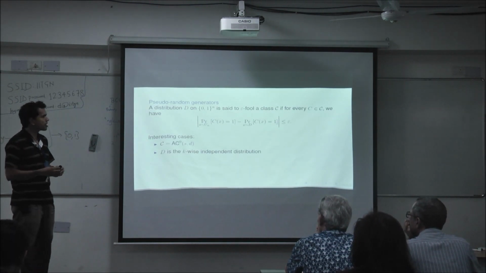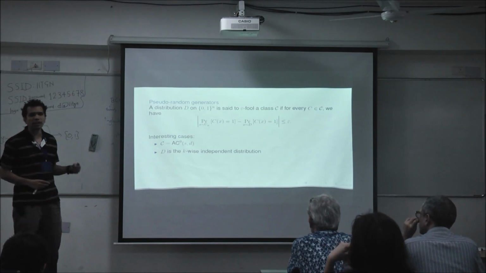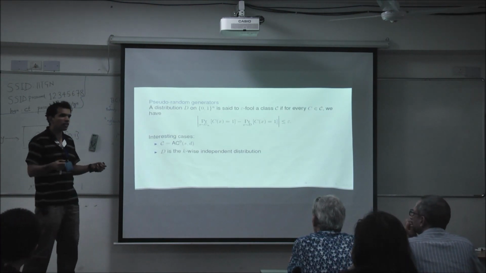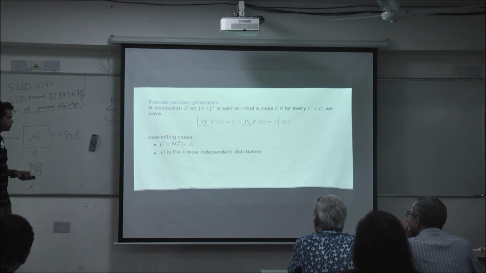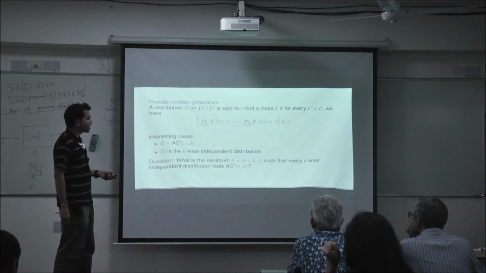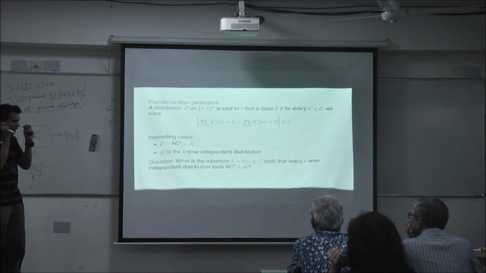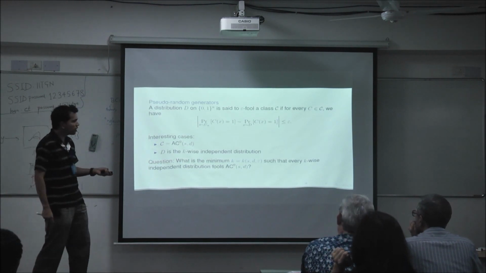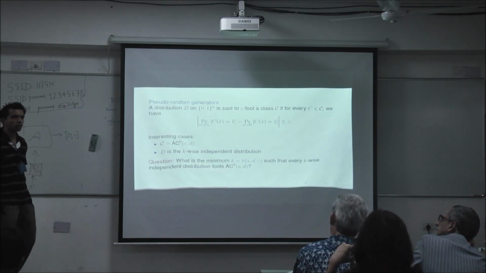You might know from, let's say, a basic course in algorithms that there are pairwise independent distributions. Any pair of indices will look independent and uniformly distributed. But in general, for every k, you can find non-trivial k-wise independent distributions. They can be generated with very few random bits. They're much smaller than the uniform. And the question that we want to address here is, what is the smallest k such that every k-wise independent distribution fools AC0? Suppose I look at only one particular class of pseudo-random generators, those that come from k-wise independent distributions. What's the smallest k so that every k-wise independent distribution fools it? What's the smallest such box that can be used as a PRG for instance?